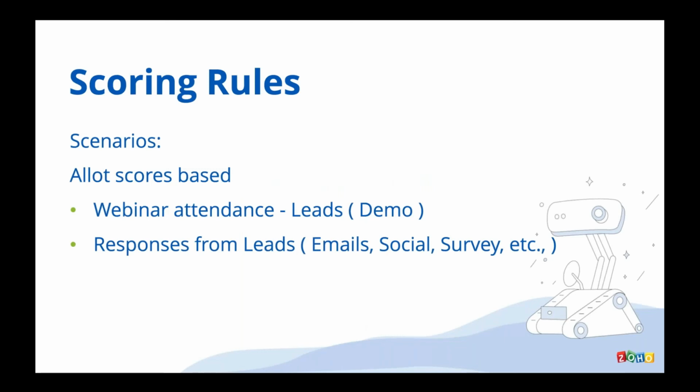So all of a sudden, everything will be falling in place. You might have a bunch of leads, and you do not know which lead needs to be tapped first and which needs to be tapped second. Through the scoring rules, you can derive scores based upon the field values, or based upon how responsive they are and how much they are actually tapping us. Based on that, the priority of those records will be done. I'll try to quickly give you a demo of how the scores can be created based upon the fields.